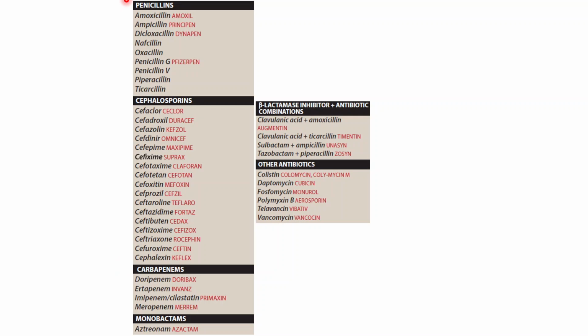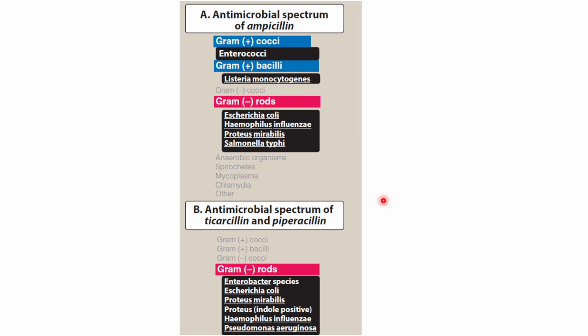Then penicillins are usually mostly used in the outpatient treatment because most of them are taken orally and they have good tolerance, so less adverse effects, and are very safe, including for children and elderly patients. So that is it. And the antimicrobial spectrum of penicillins includes... actually we will start with the